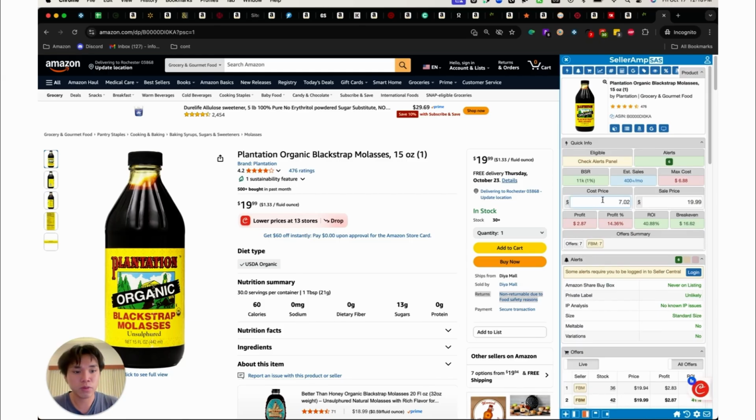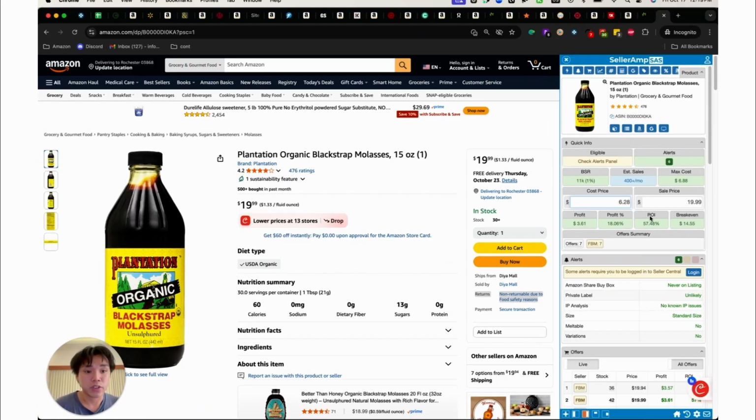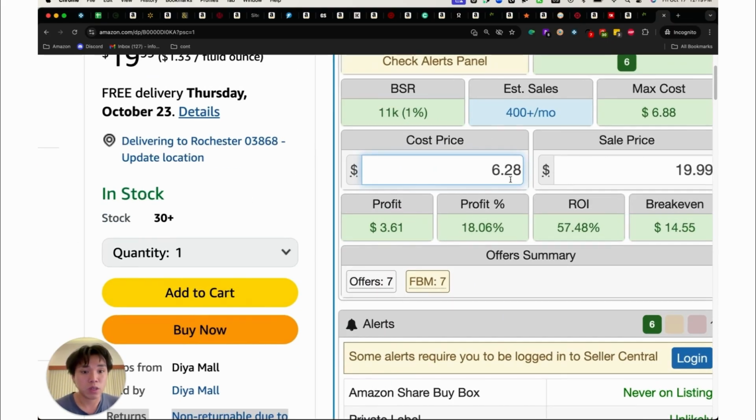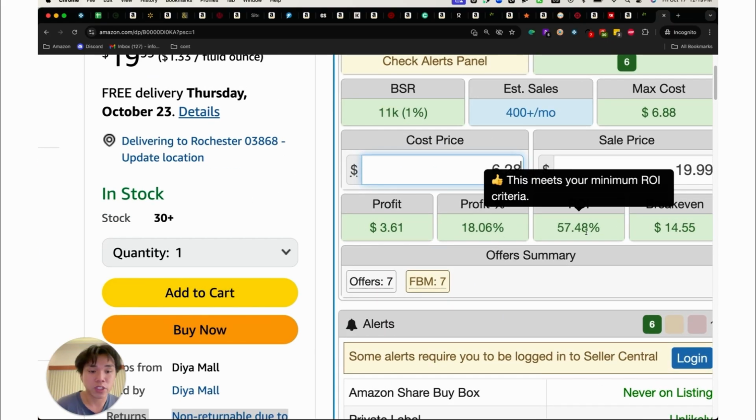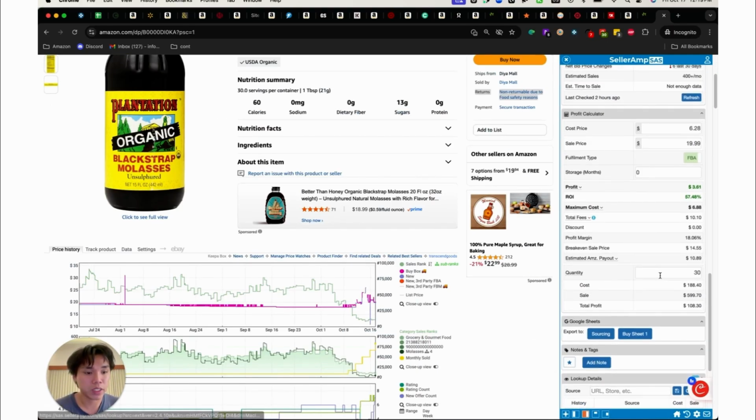The 702 right there increased our margin by 7%. But let's say we got that 15% off at $7.39, so we can do times 85% here. And we get our cost down to $6.28, which makes this a really, really good product, right? From 33% ROI to 57% ROI, almost double with a little bit of couponing and using